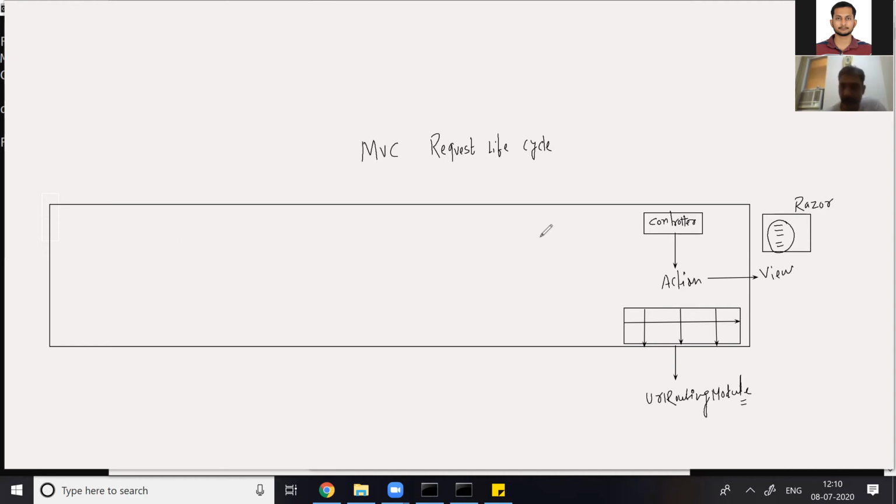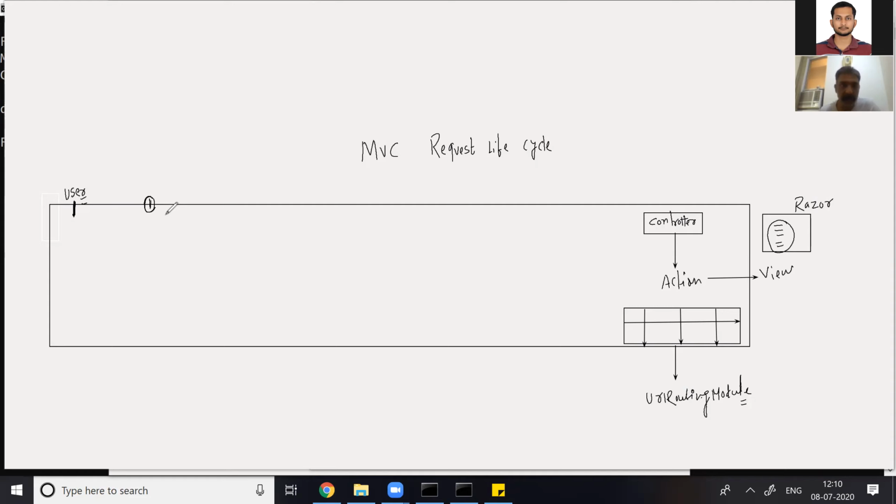So whenever a user requests an MVC controller, the request first goes to the URL routing module class. Look at the processing steps.